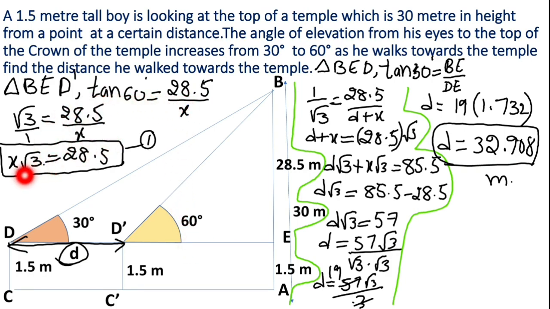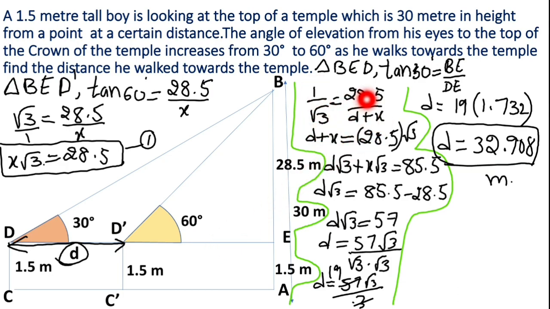So solve this, we get x root 3 is equal to 28.5. Let it be equation 1. I am not finding the x value here because we no need to find out x value here. This is the mediator to solve the problem. And after that, consider the another triangle, that is BED. So BED, we know that angle is 30 degrees. This becomes opposite and DE becomes our adjacent. So tan 30 degrees is nothing but BE by DE. So 1 by root 3 is equal to 28.5 by, here adjacent becomes D and it is x. So D plus x.